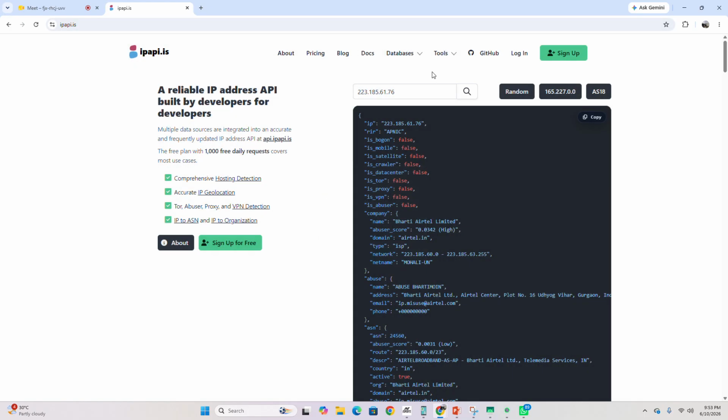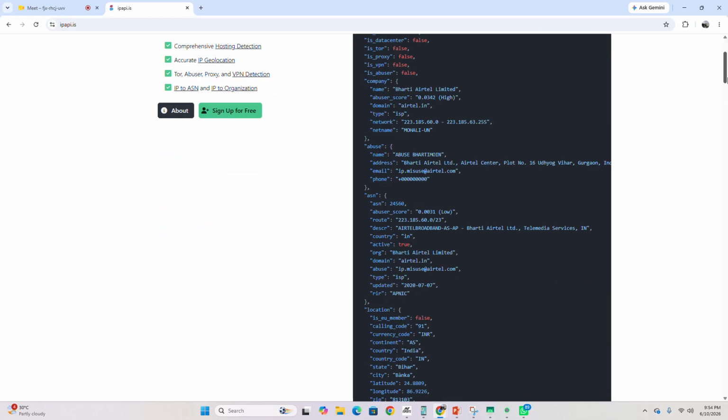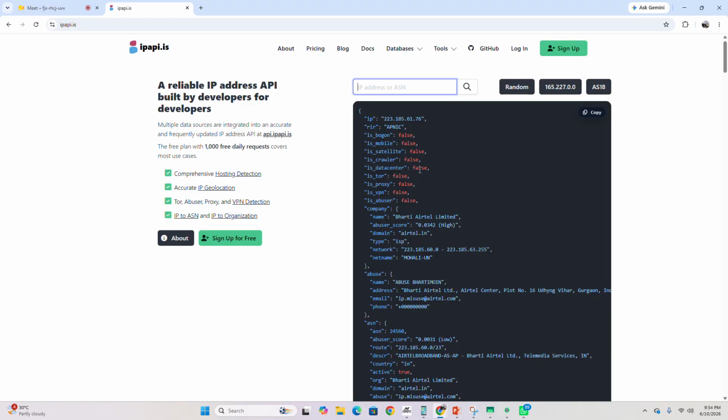You just have to paste the VPN destination IP address there. Then you will find who the VPN provider is. Then you can request the information from the VPN provider with the date and time.